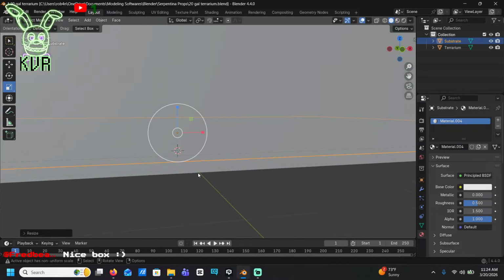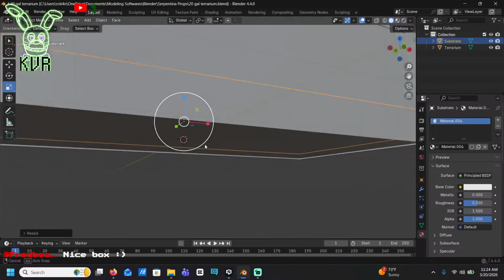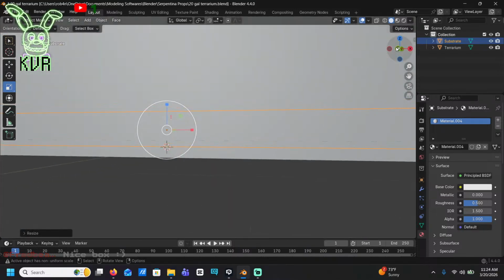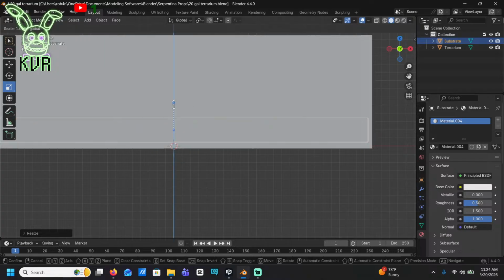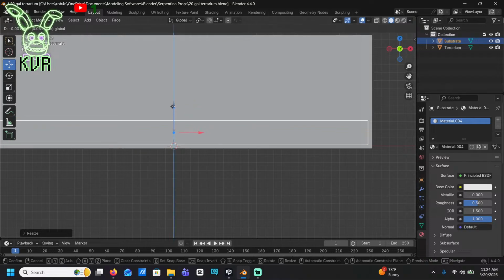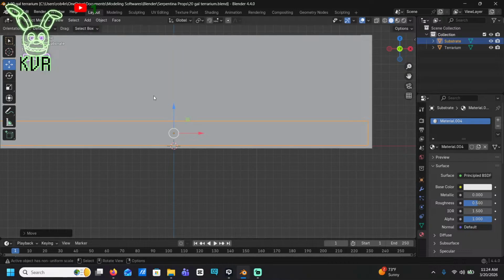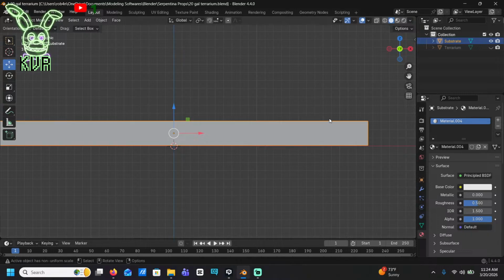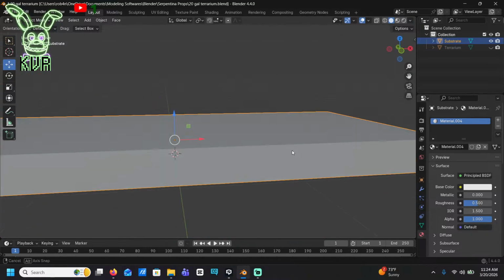Do, say, this much substrate. I'm not really sure how thick that is exactly, but I think it's pretty good. I'll do maybe that much. Drag it down just slightly. Like that. Thank you for the nice box. I appreciate it. It's a very nice box. I'm hiding it from you, though, so now you can't see the nice box.